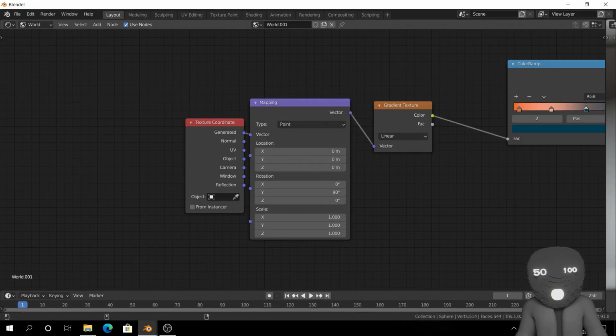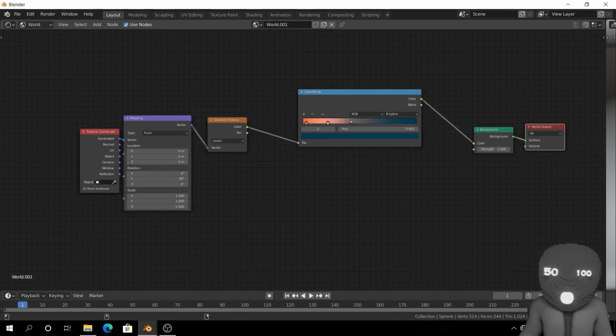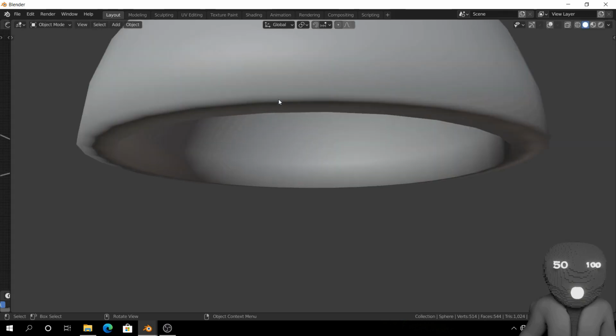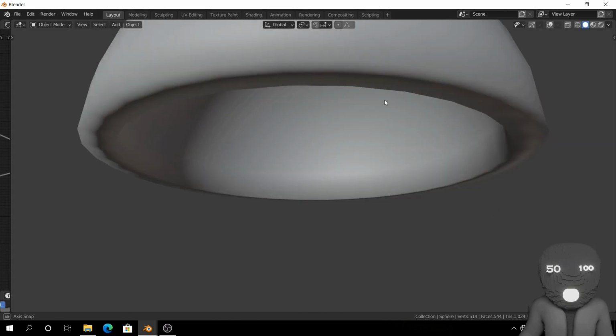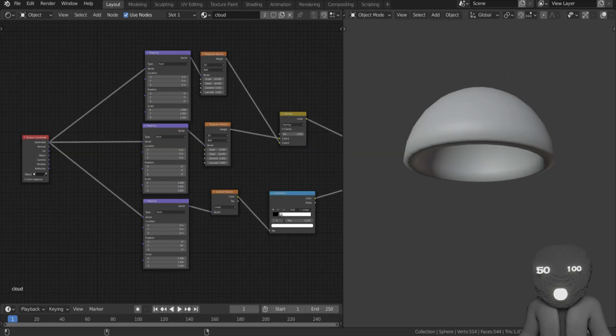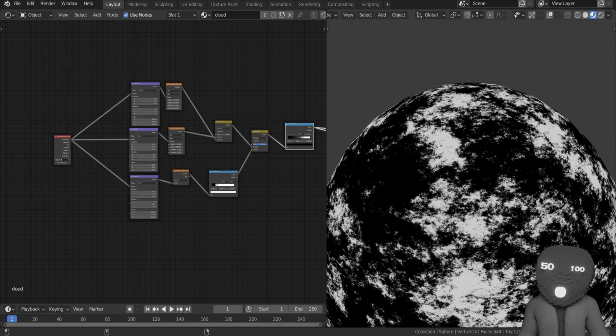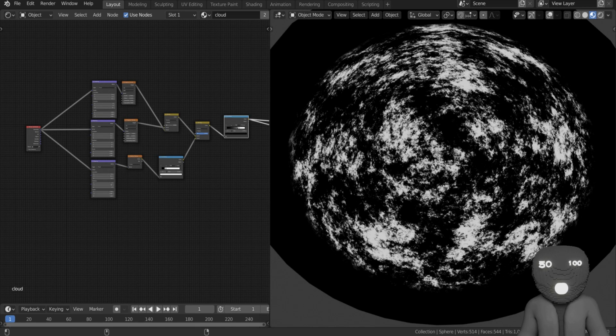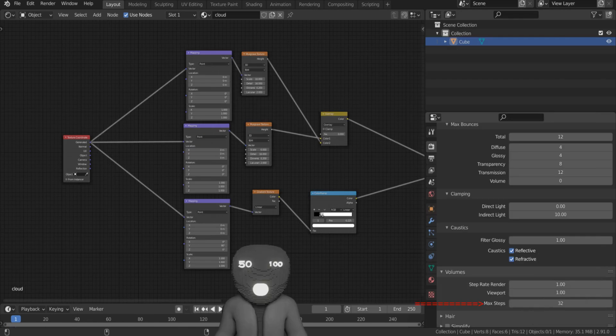Then for our sky, I don't use any HDRIs. I just put a gradient texture into a color ramp node for different gradients of sky. For clouds, I use a half sphere extruded from all sides for volume, and then use different types of noise and Musgrave texture for the cloud shape. Then I plug them into a volume scatter node. This will create nice looking clouds. Before using volumetrics in Cycles, I lower the volume samples value, so it will reduce the render time. Otherwise, it takes very long to render. Then our scene is almost ready.